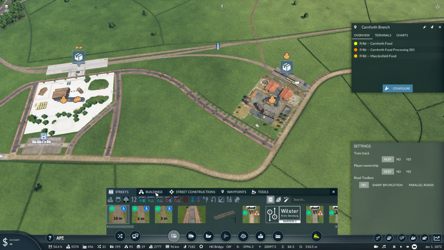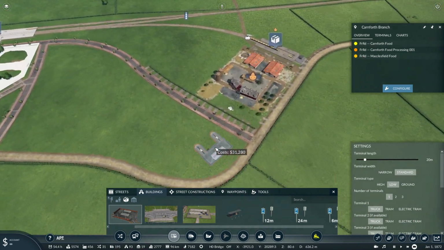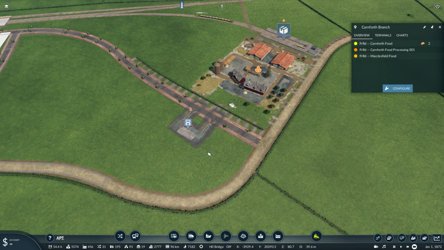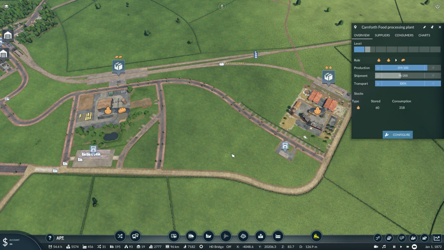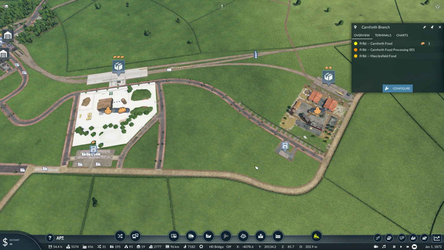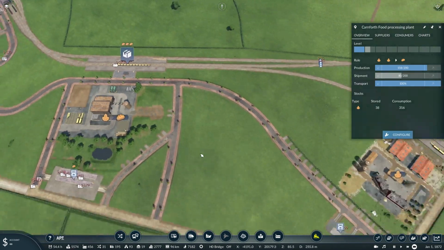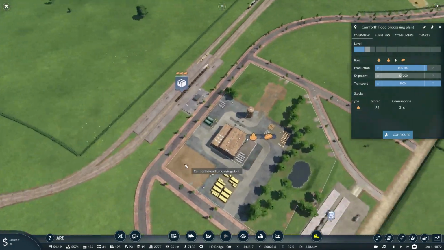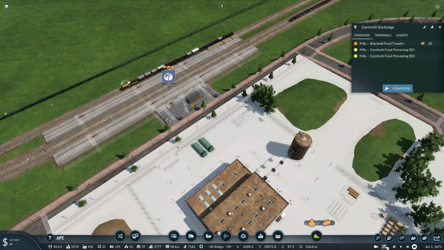What would happen, just completely out of curiosity, if I went ahead and put a tiny little freight station here that doesn't actually do anything? Would it start transferring anything between the two stations, from there over to this? It does not. Oh wait, that is now full. So maybe we have improved something. What I should say for this train is...